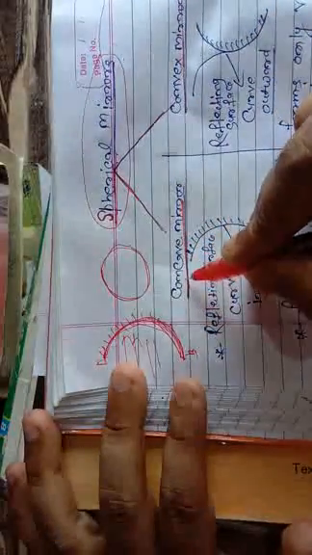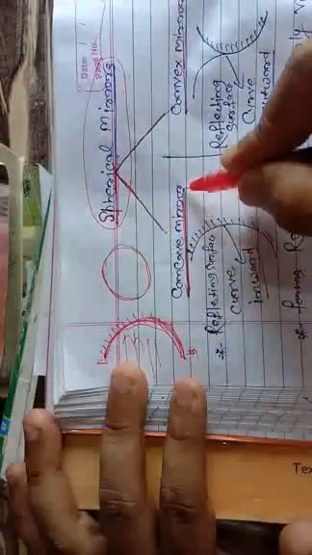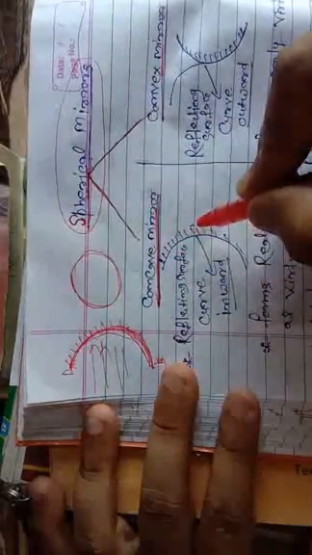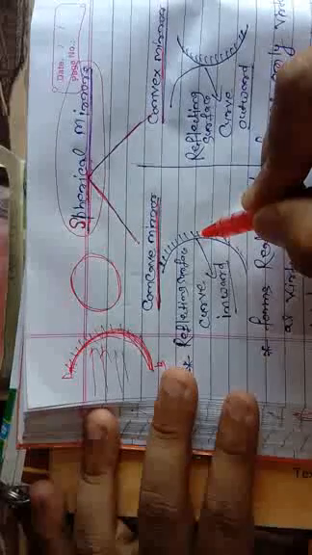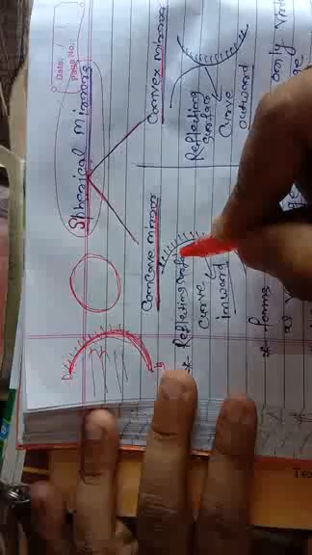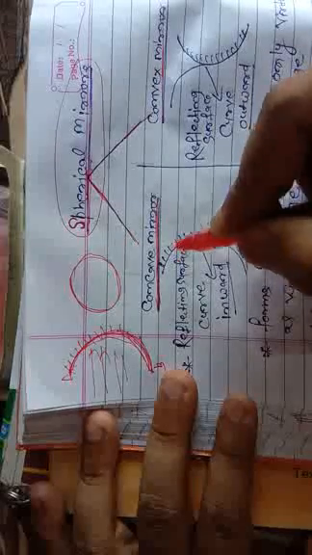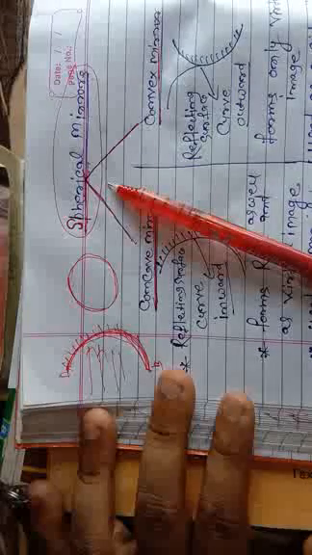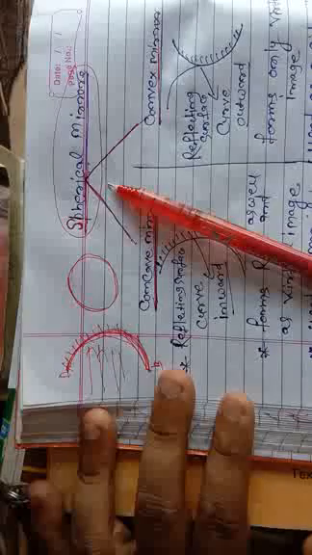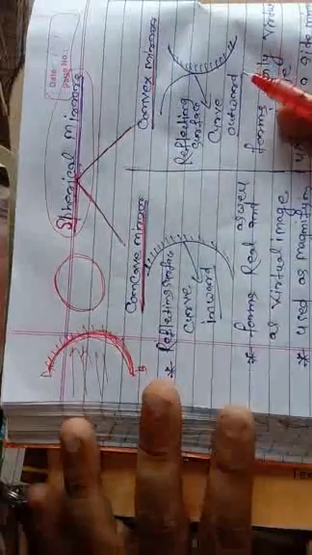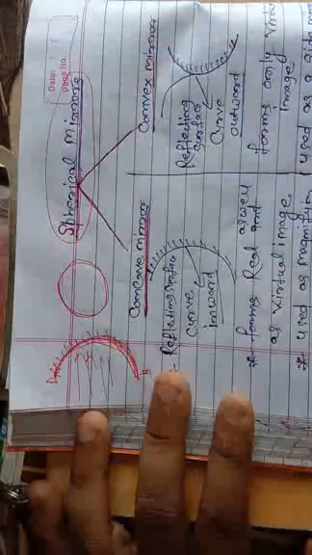So while understanding the concept of the concave mirror, how can we define it? It is a kind of mirror whose reflecting surface is curved inward. We can see the example of a spoon, the front part of the spoon from which we take anything to put inside the mouth. The front part of the spoon behaves as a concave mirror, and the back part of the spoon behaves as a convex mirror.